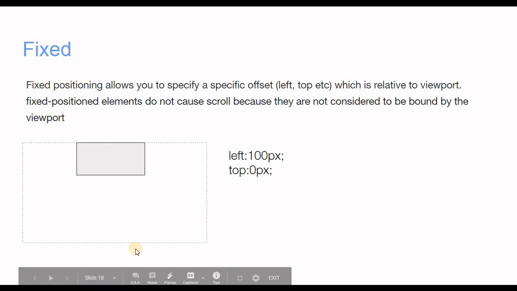And the next thing I am going to tell you is, whenever I am saying top or left, it always counts from the top left corner of any element. It doesn't count from the middle or the center of the element. It always counts from the top left corner.